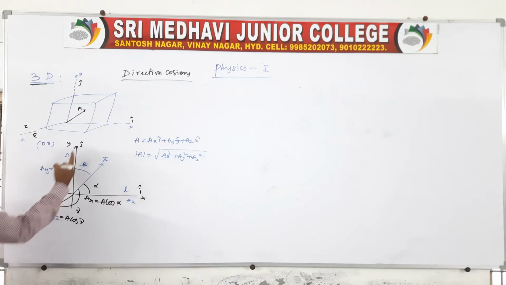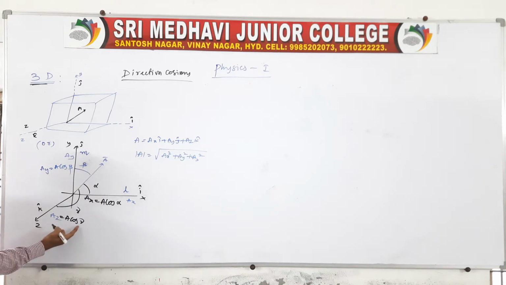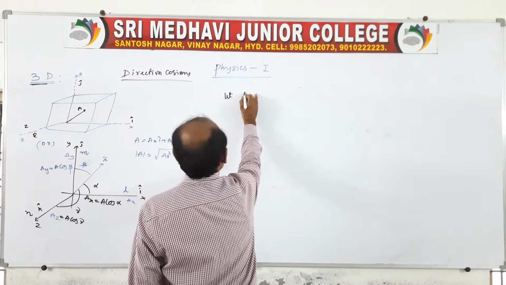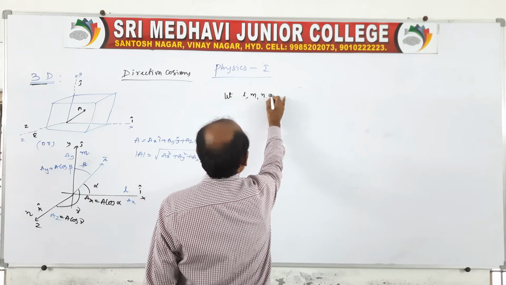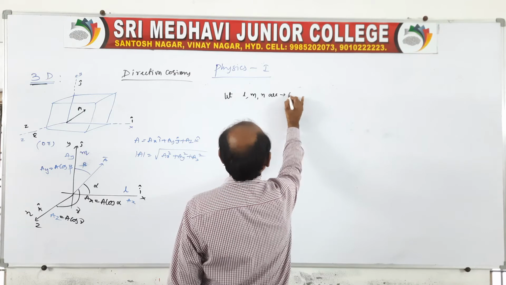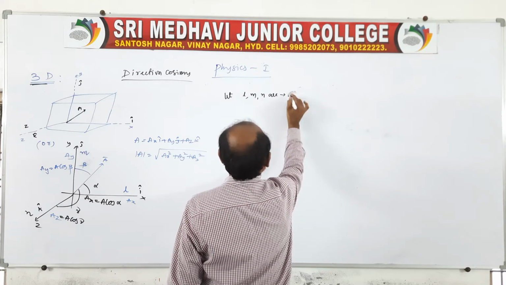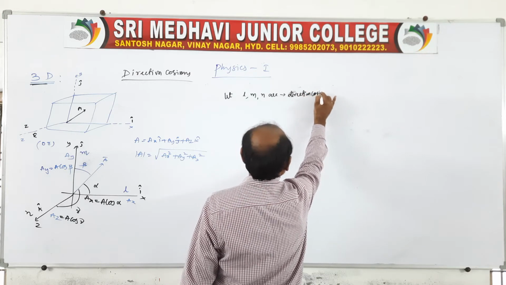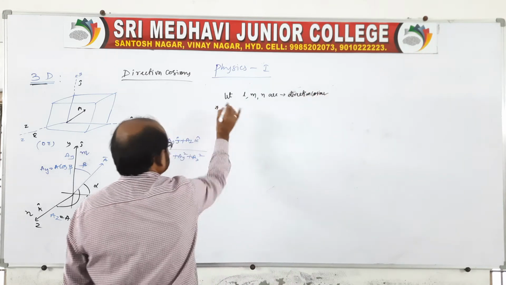Like here, along the y-axis also a cos angle is there, no? Along this axis, again it is represented as M, the direction cosine. And the next one, along Z, again the cos is represented, no? Therefore, along this, N is the direction cosine. Therefore, here you write, let L, M, N be the direction cosines. Direction cosines, right?